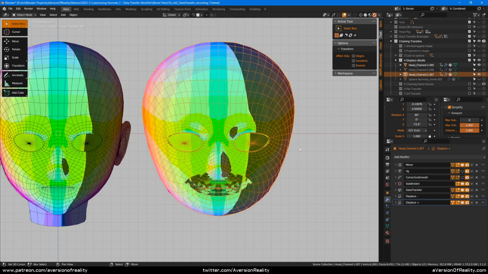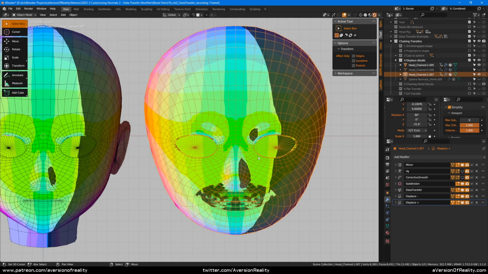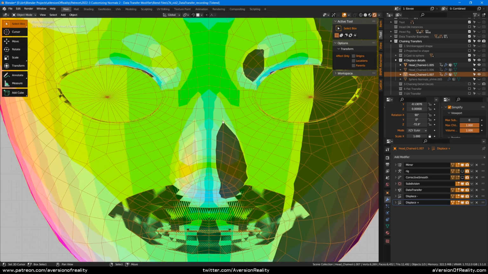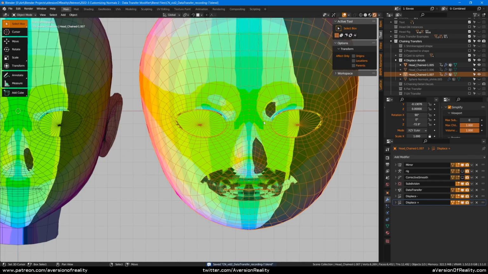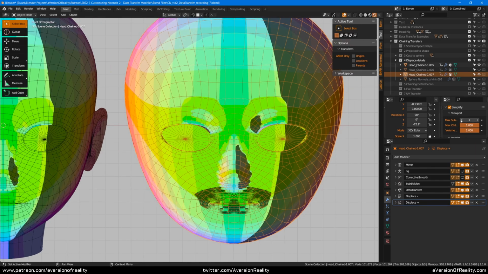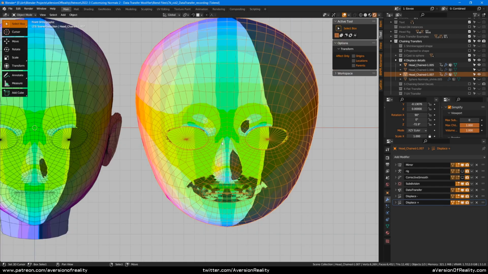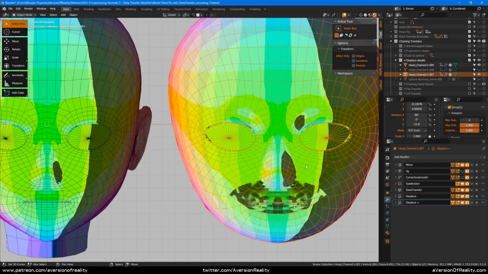So this method, it's only as good as your topology is. So if your topology is okay, then you can just do this. If it's like mine, where the nose wasn't great in the first place because I've got these quads and the shading needs to go diagonal to the quads, then this isn't really going to help. The reason it's hard to get good results, even if we turn up subsurf, is because we're dealing with a vertex group that's on the base form of the mesh, which isn't very high detail. And a lot of people watching this will actually be using faces that have even less loop count than mine here, generally for good reasons.